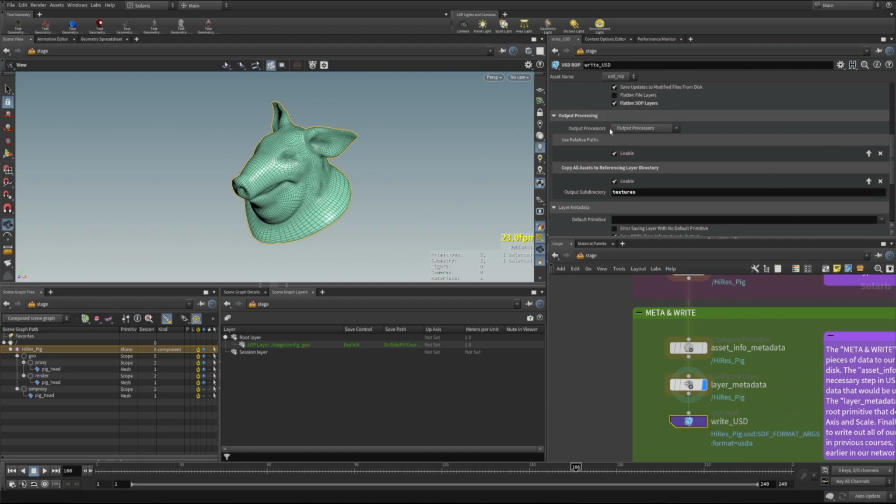And then output processors is a really powerful way to work with your USD and organize it on disk the way you want it to. So one thing we have set is use relative paths. You'll see that in a second when we look at the file. And then also copy all assets to referencing layer directory. This is a really nice